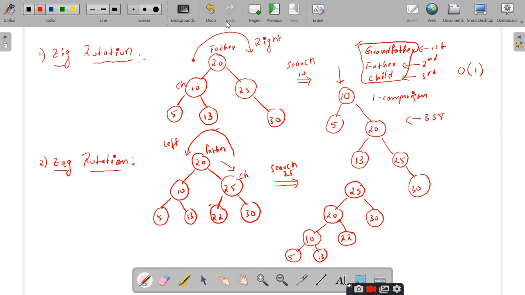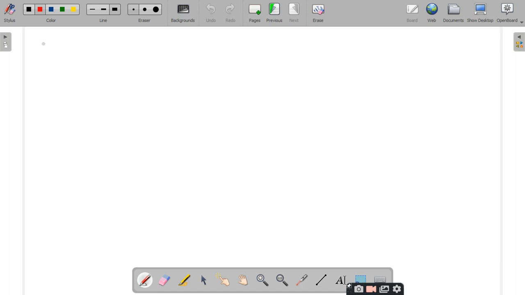Right. Now we'll move to the other case. What is the third case we have discussed? Zig-zig, sir. Zig means right, right rotation. Right. So whenever you want to perform two right rotations, you should consider three generations.